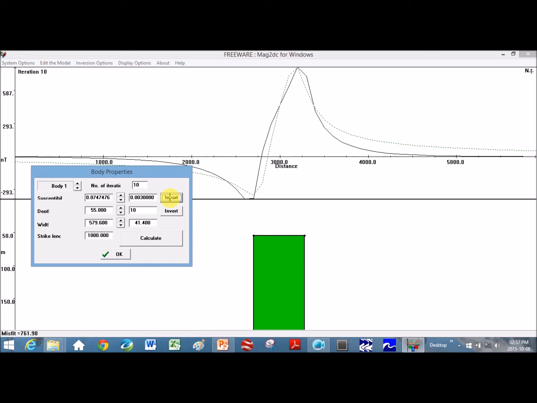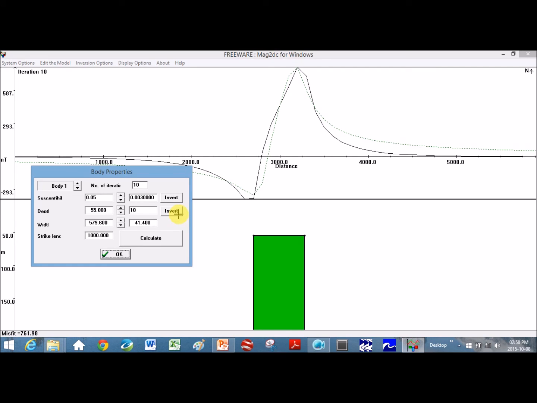No? Mine does. And it jumped up, I think mine was 0.05 or 0.06. It's gone up to 0.07. So it's just saying I needed a higher susceptibility to fit that value. But I'm going to put this back to 0.05, my susceptibility, and I'm now going to hit the invert button next to depth. So now it's not going to change the susceptibility value, it's going to change the depth in order to fit